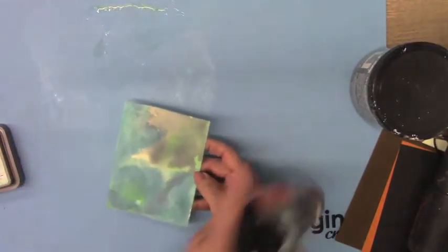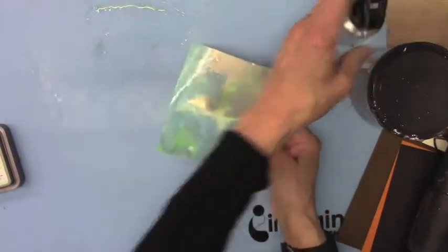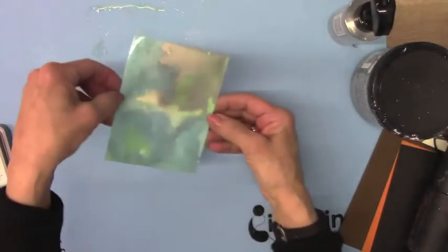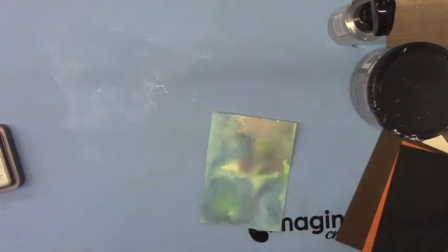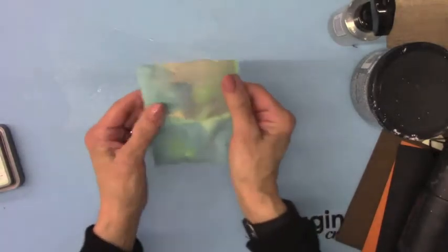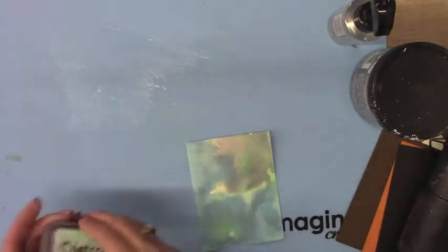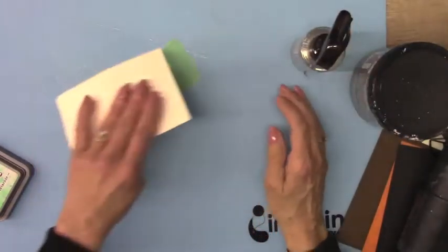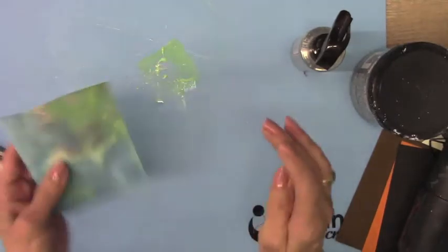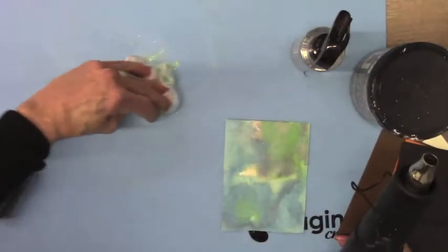So I'm going to dry this in a moment, but I'm going to now start spritzing. And this is when your inks actually oxidize and create really incredibly beautiful backgrounds. So I'll be back. I'm going to dry this layer. So once you have that completely dry, you take a look at your piece and you think, okay, well, actually, I think I might want a little bit more green here. And you can go on and on and on, adding colors galore. And I tell you, they will not get muddy. So I'll just mist this green. That's what I'm looking for. So that is absolutely stunning. So I'm going to dry this, and then I'm going to come back and use one more color, and it will be,